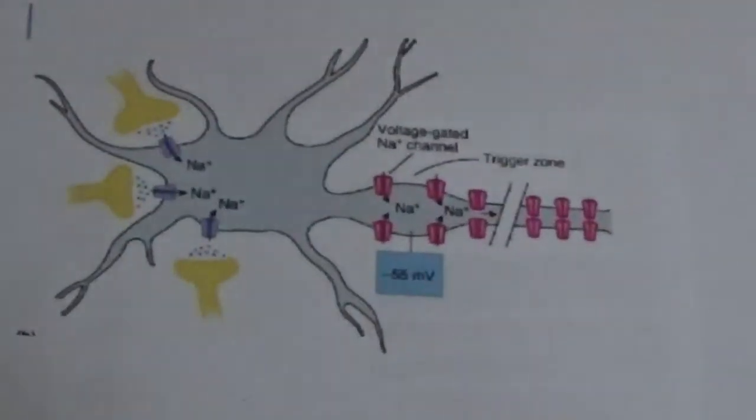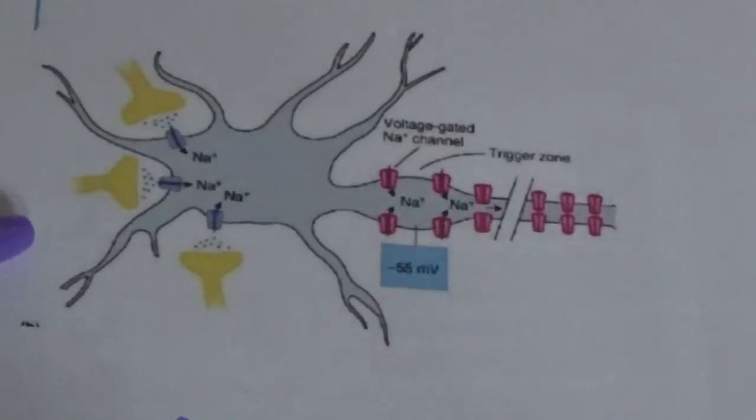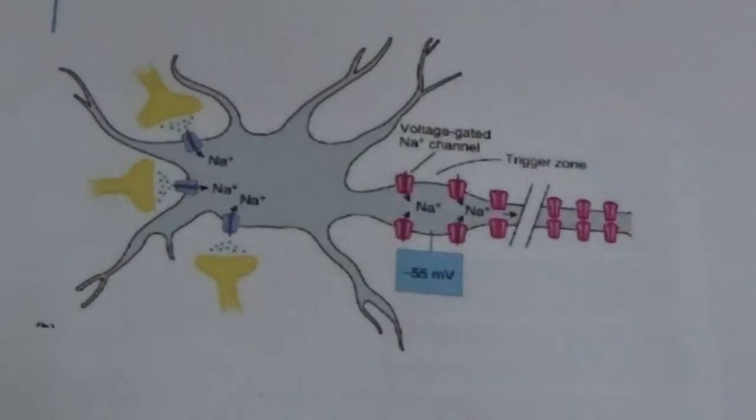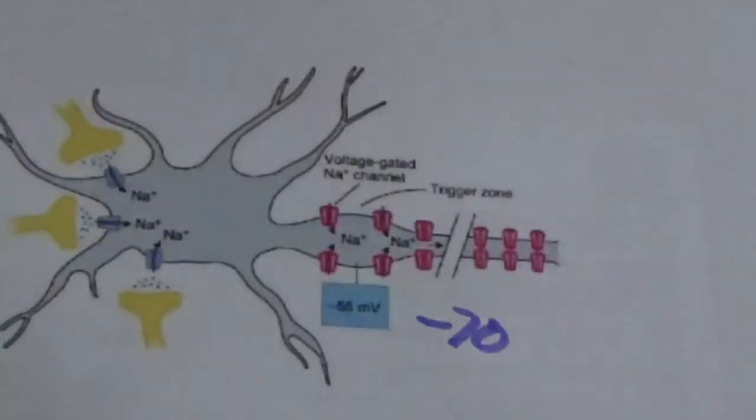So for our action potential, I'm going to be using this picture from the book, so I hope they don't mind. But this is a multipolar neuron, and this is actually after when threshold has been reached. So usually the charge of the cell will not be -55, but -70. And what this is showing is